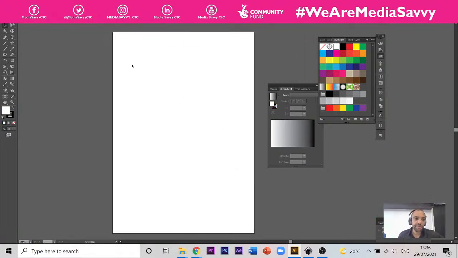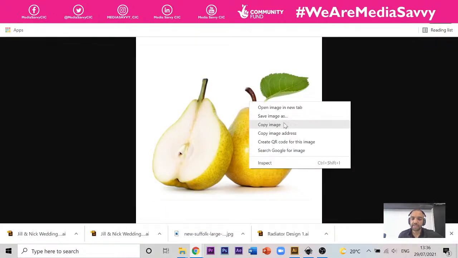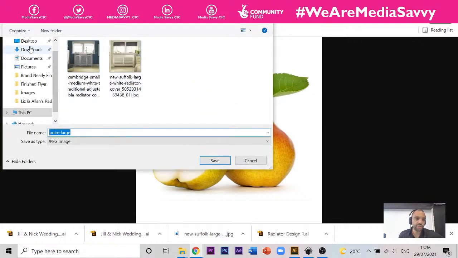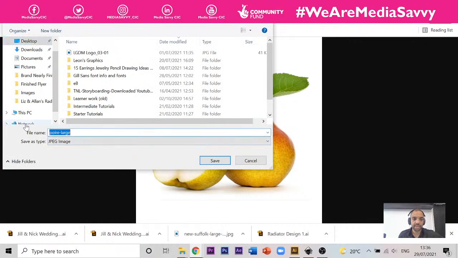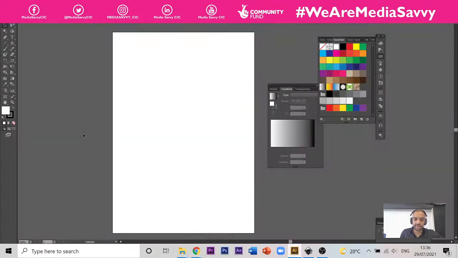So if you've saved the image, and you've right clicked on the image and clicked File, Save As, I'll just save it to my desktop as well. I'm going to show you two different ways of doing it. If you save your image, it's going to be in your downloads folder. So if you go back into Illustrator and click File, Place,